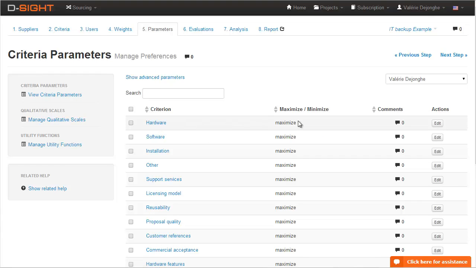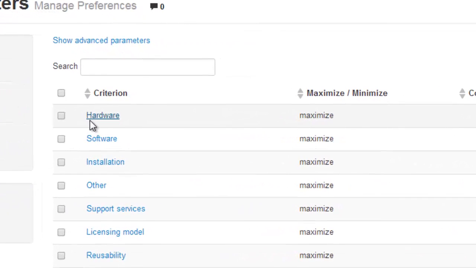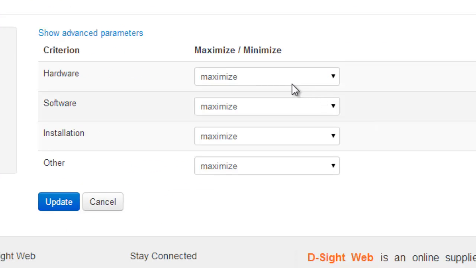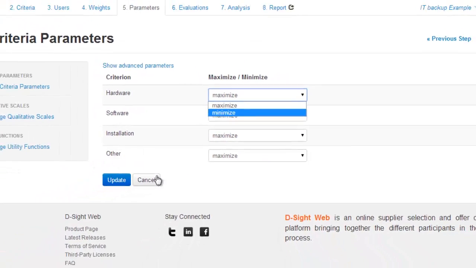you have to set. These are whether you want to minimize or maximize the value of the criterion. In this example, we want to, for instance, minimize all the price criteria since we are looking for the supplier that will offer the lowest price. The quality, on the other hand, we want to maximize. This can be done by selecting all the criteria, clicking Edit, and then selecting the appropriate value in the Maximize/Minimize